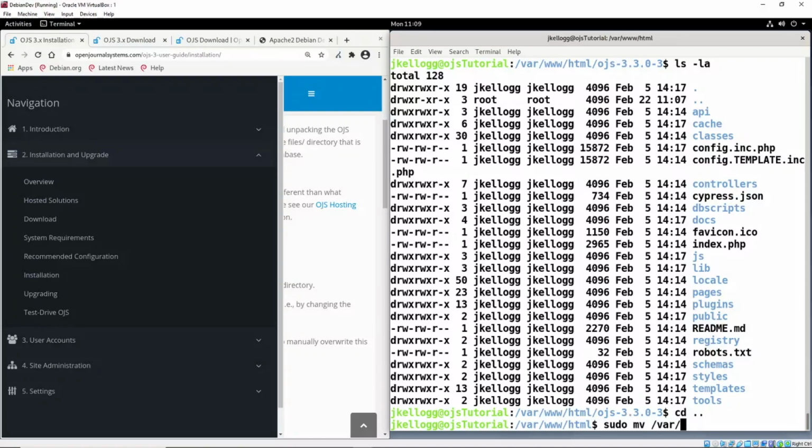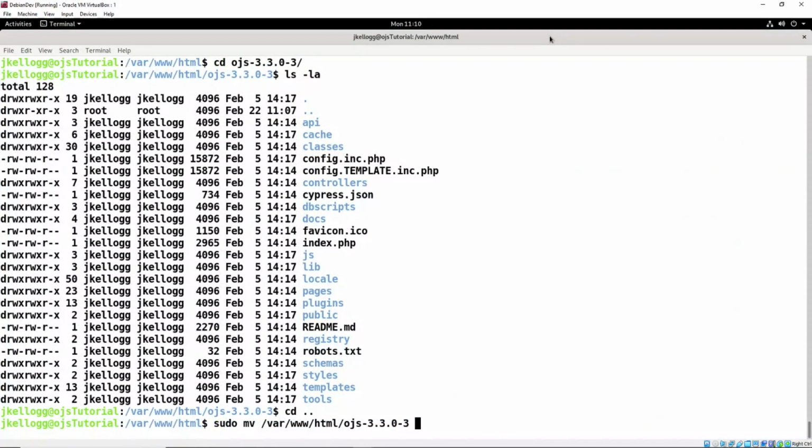So just to be safe, I'm going to do the full path, var/www/html/OJS, and then actually let's open this up a little. Then we want the directory that we're going to move all these files to. Oh, actually we need to do a slash and then an asterisk. And so this is a wildcard just saying grab everything within that directory and move it to HTML, which we